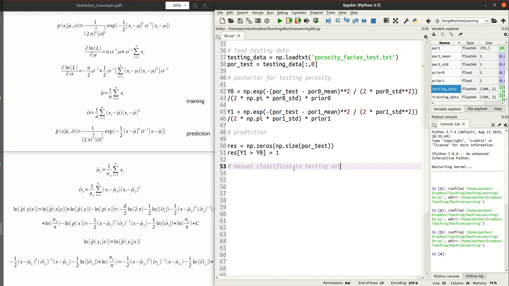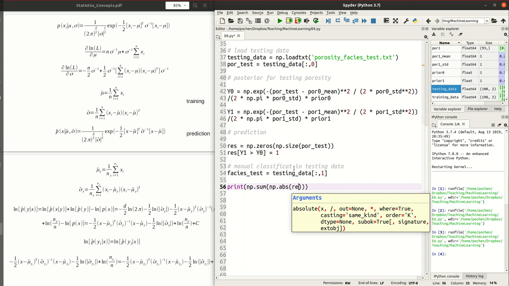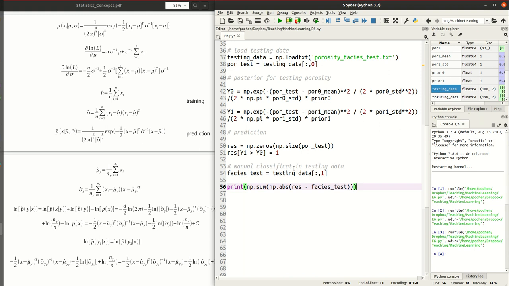in the testing data, which is what? Let's call it phases test, equal to the testing data, the second column, right? And then I'm going to print a summation of the absolute value of my prediction subtract phases test. So if I made any mistakes in my prediction, which is stored in this result vector array,